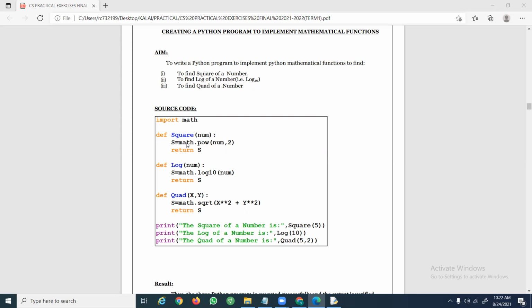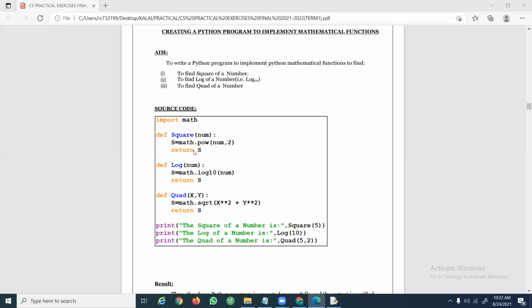So I am using the mathematical function s equal to math dot POW of num comma 2. Because I want to calculate the square, I'm hard coding this information. If you want to calculate the power of some other number, like 2 to the power of 8, 8 power 25, whatever you want to calculate.